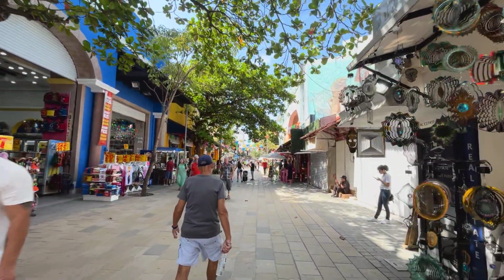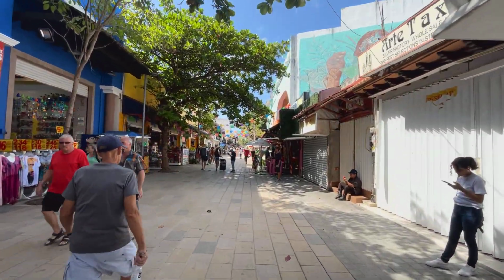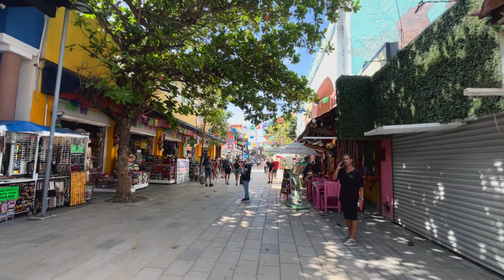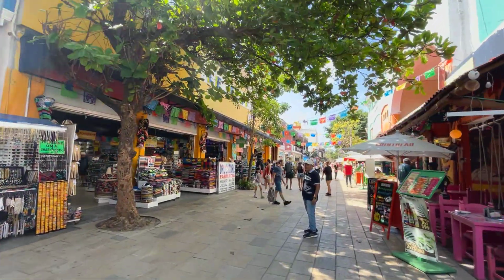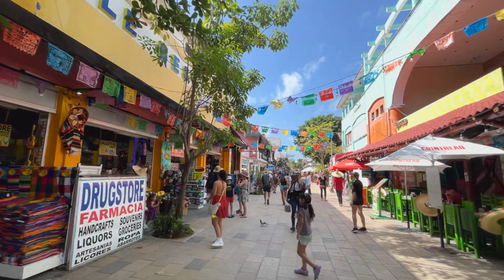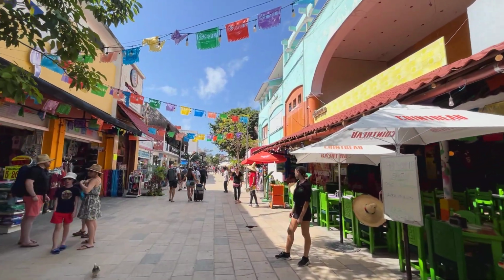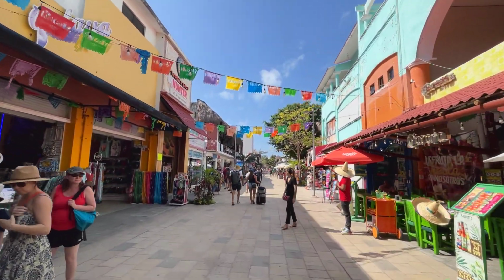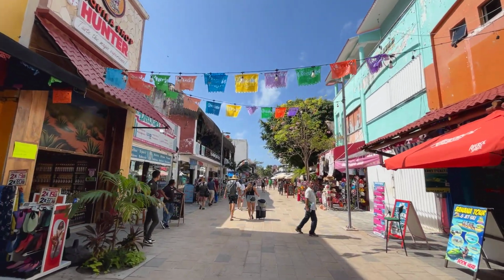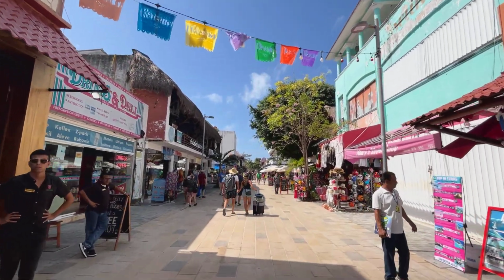Now, I was lucky enough to find this place my first day here. Anytime I get to a new place, first thing I do is look for food and shelter naturally. So I was actually out looking for a hostel. I wasn't planning on staying in Playa del Carmen at all. I got here and then I thought this is pretty nice. So I was out looking for a hostel and I smelled this